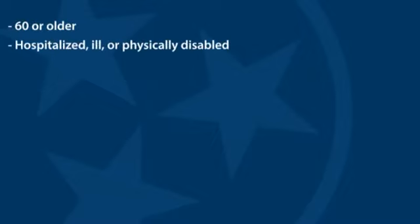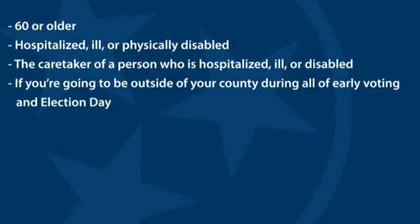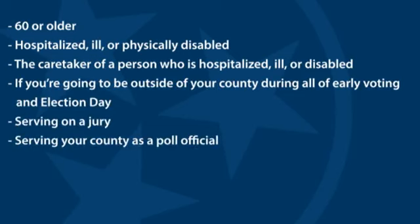The first step is to see if you qualify. I'm going to highlight some of the more popular reasons allowed under state law to vote absentee by mail. If you're 60 or older, if you're hospitalized, ill, or physically disabled, if you are the caretaker of a person who is hospitalized, ill, or disabled, if you're going to be outside of your county during all of early voting and Election Day, if you're serving on a jury, if you are serving your county as a poll official,